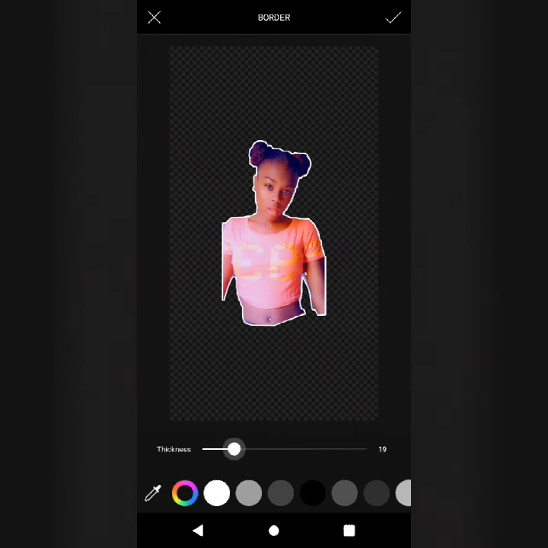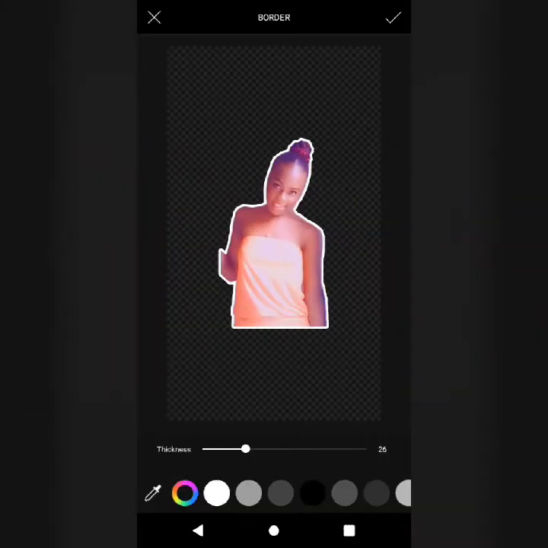Now I'm just gonna add a border to my photos. So I'm just gonna select the photo, then select border. I went too thin on this one. Now I'm just gonna add a little more thickness to this one. And I'm also going to add